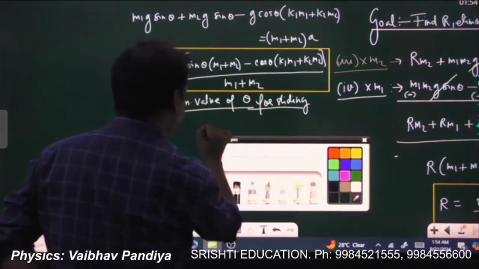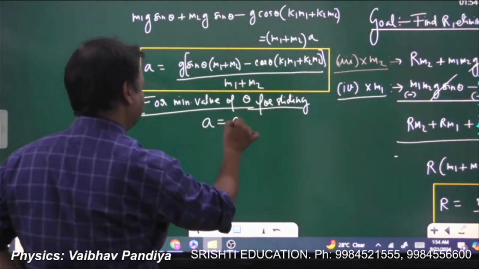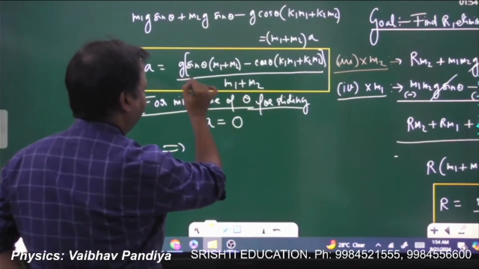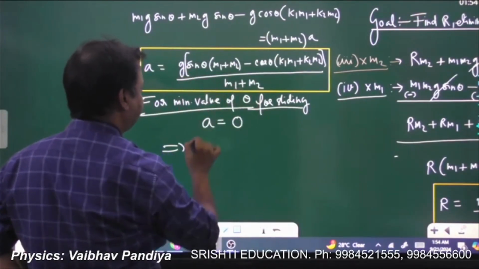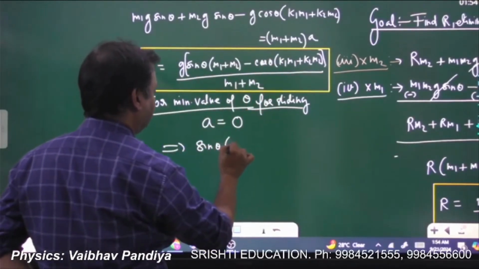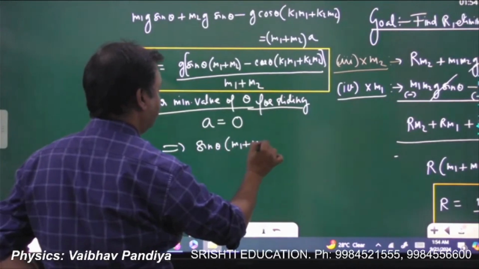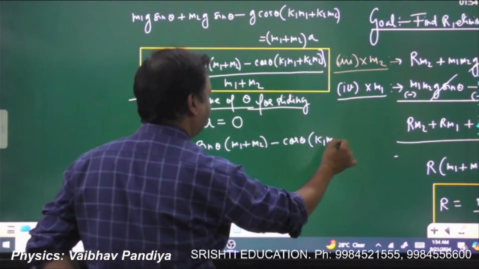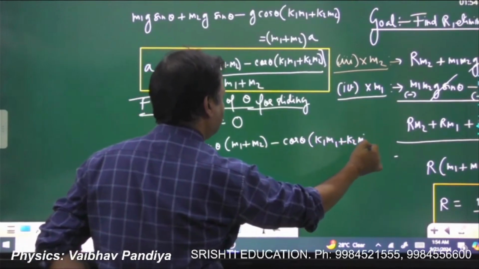So put a to be 0. This g is a non-zero quantity. This 1 by (m1 plus m2) will not be equal to 0. So this factor must be 0. So we'll get sine theta (m1 plus m2) minus cos theta (k1 m1 plus k2 m2)